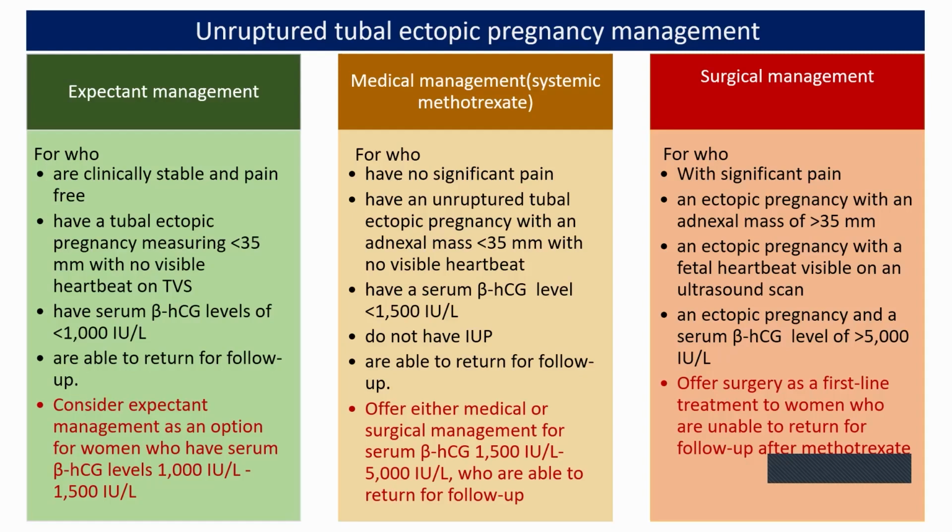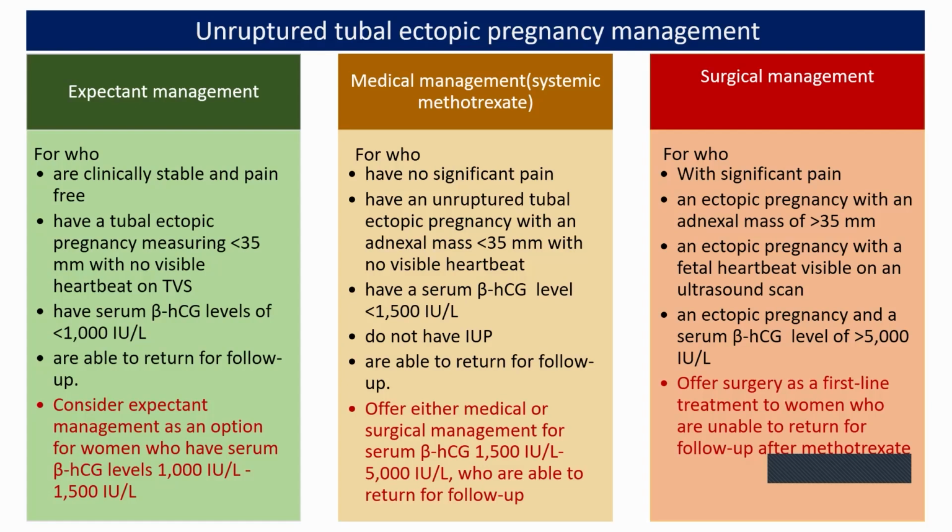But we have to make sure when we are giving methotrexate that the patient is not having a heterotopic pregnancy, because the methotrexate will cause the intrauterine pregnancy to abort. And this methotrexate is an antifolate drug, and the dosage that we should give is around 50 milligrams per square meter body surface area. So the drug dose is calculated according to body surface area.